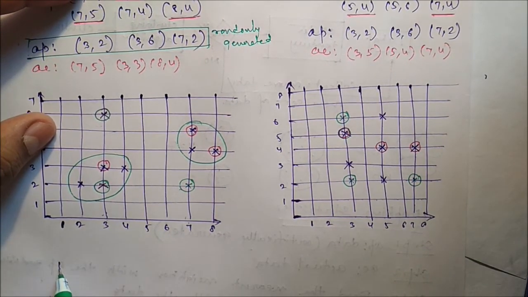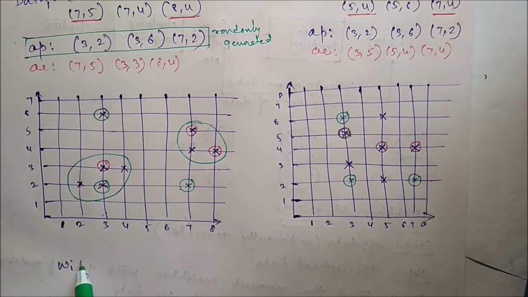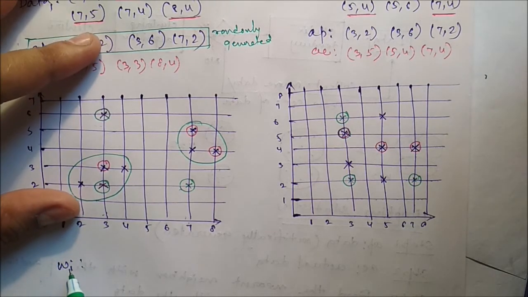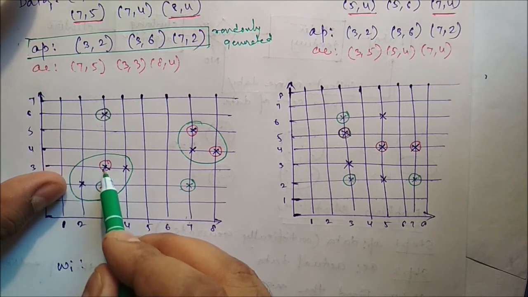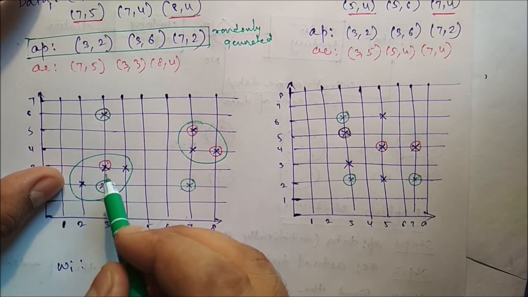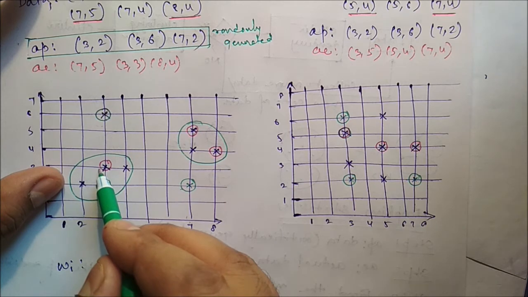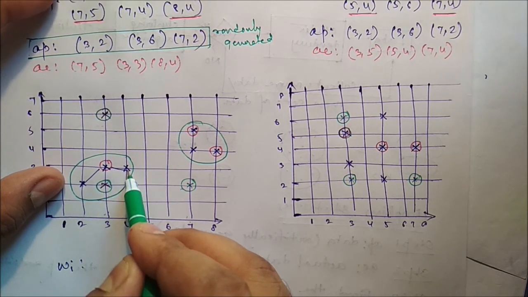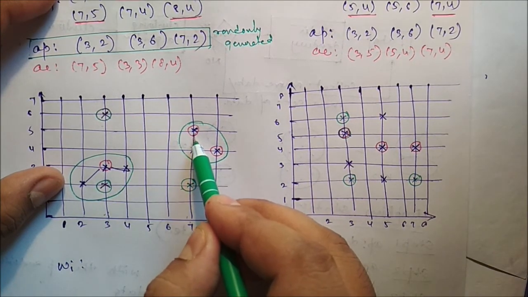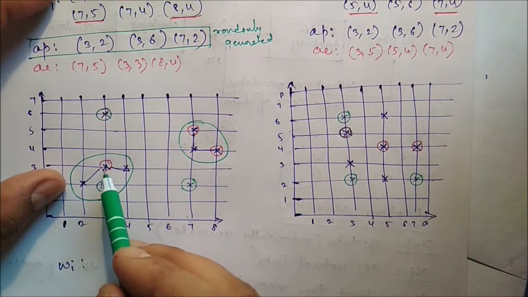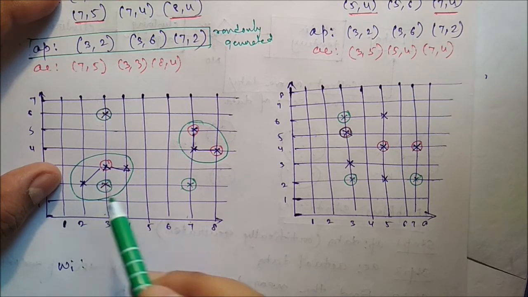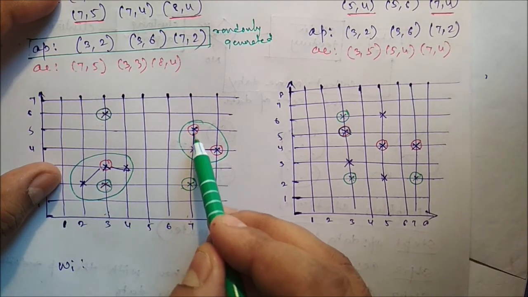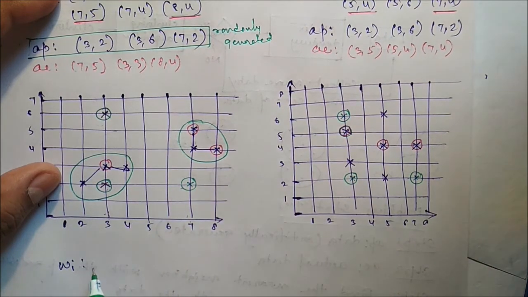Wi, so Wi for all the data. What is Wi? Wi is the nearest neighbor distance of the sample data. These are the sample data, the red colored ones. So identify the nearest neighbor data. The nearest neighbor data are this one, this one, and for this one it is this one and this one. So calculate the distance between this and this, because this is artificially generated data, and from this calculate the summation.